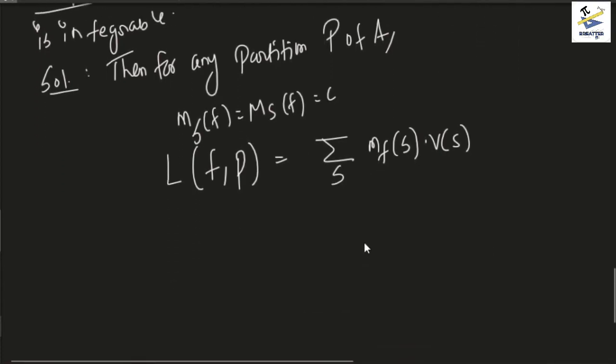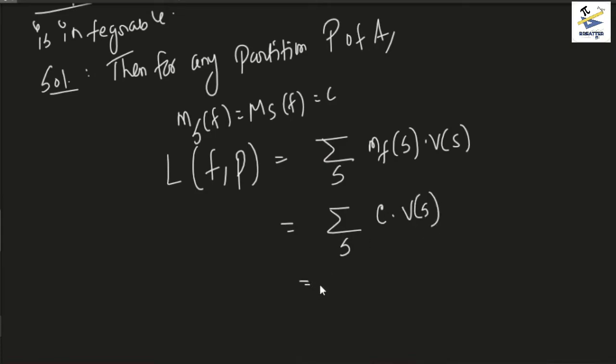Let us calculate it. For each subrectangle S, the minimum, that is the infimum, is c. And what about the volume? We do not know the volume yet, but when we add all the volumes over all the subrectangles, since c is a constant, c comes out. So over all subrectangles the volume of S, if you add them all up, it will be c times V of A, right? Similarly for the upper sum,